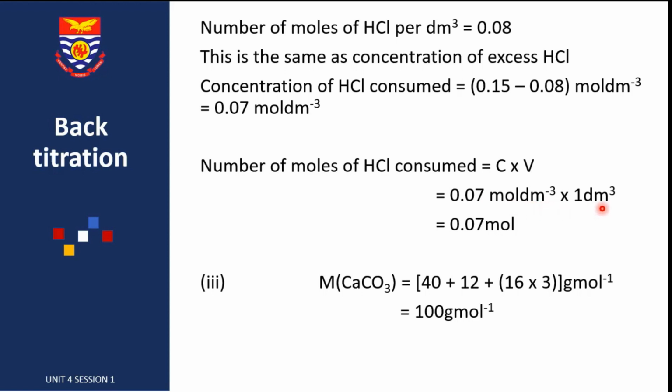And in the question, the volume was given as 1 cubic decimeter. We do a substitution and we have this answer, that is 0.07 moles. So it is this mole of the HCl that was consumed. Okay. The next one is to find